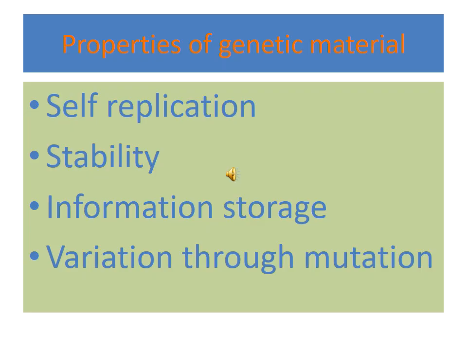Properties of genetic material. The important points: first, self-replication, stability, information storage, variation through mutation. The Hershey and Chase experiment clearly indicates that DNA acts as genetic material. Some viruses like tobacco mosaic virus and bacteriophage use RNA as genetic material. The first point, self-replication: it must be able to replicate. By the rule of base pairing and complementarity, both nucleic acids, DNA and RNA, have the ability to direct duplication. Protein fails to fulfill this criterion.